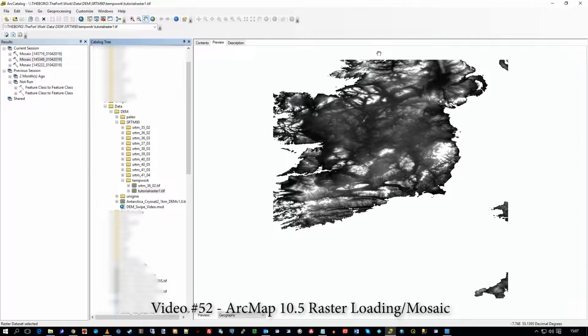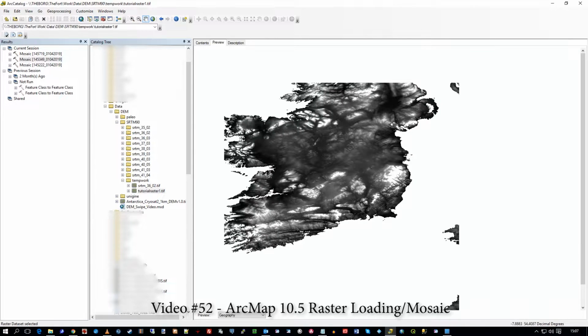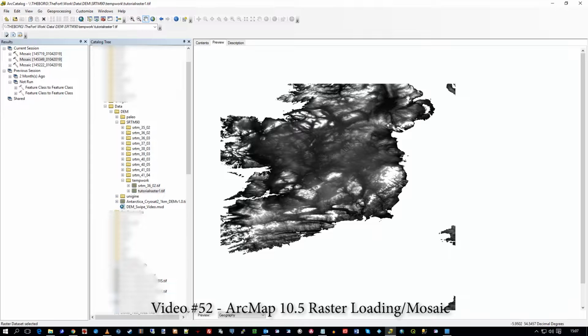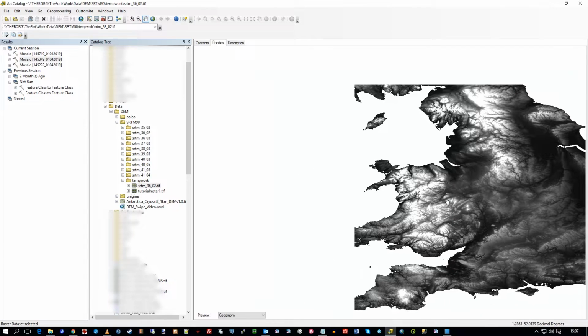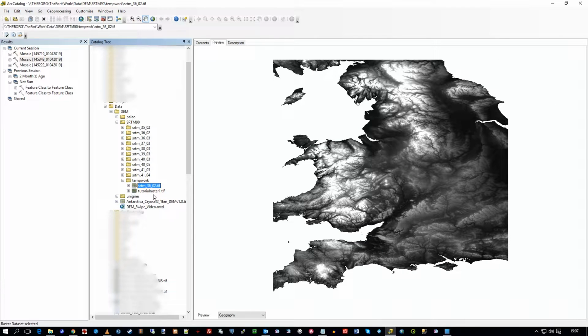Hi there. In this video, what I'm going to show you is very quickly how to merge two rasters together. And in fact, when I say merge, this is really going to be almost like an append, because as you can see here, I've got this raster here. No prizes for guessing where, and you can see the edge of another where it cuts off here. And if I click on this raster, you can see on the other side of the sea there. So I want to effectively merge these two together,